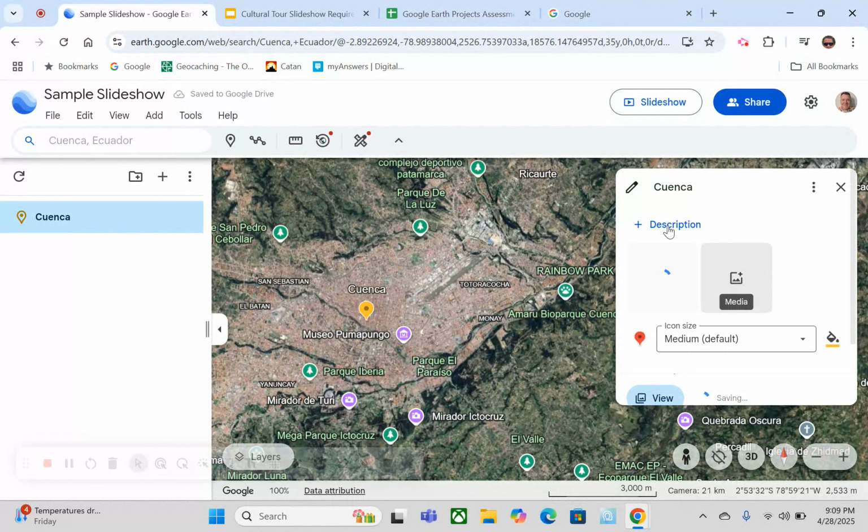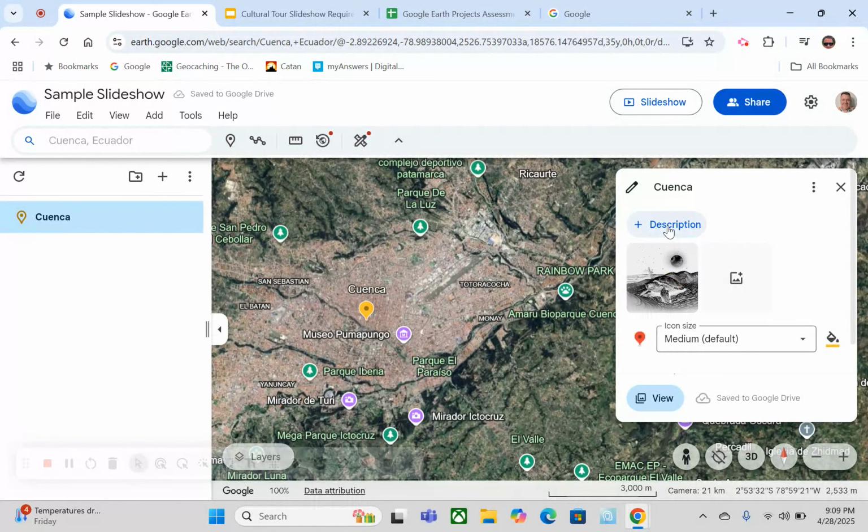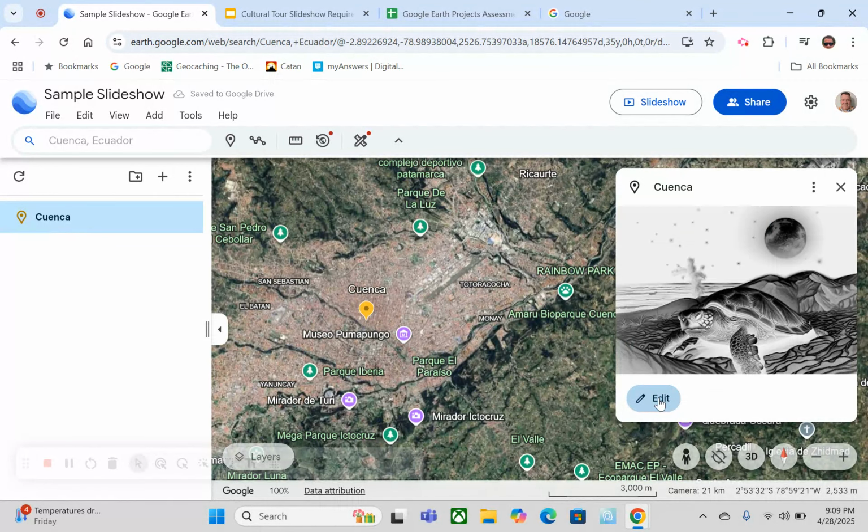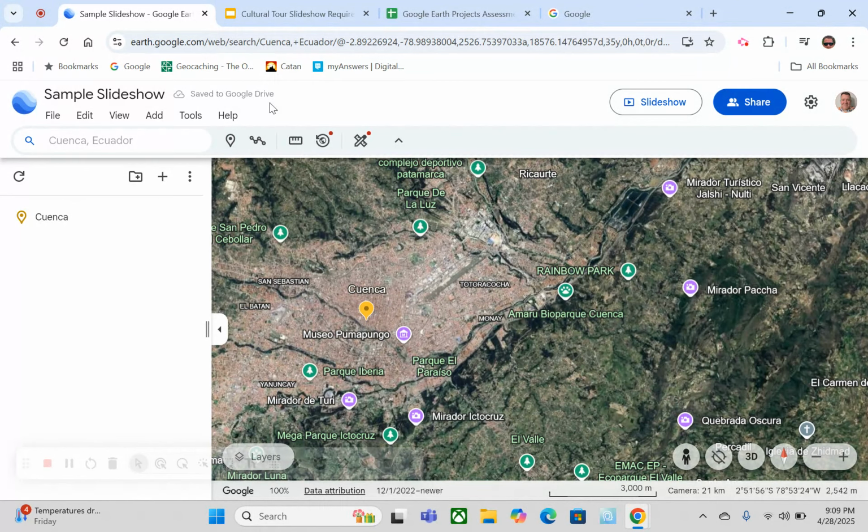It's going to take it a second here. So you see that's there, and then you can type the description, and just for time's sake I'm just going to type in a little line of gibberish there, and it's going to save that as well, and you can take a quick view of it. Alright, you close that out,